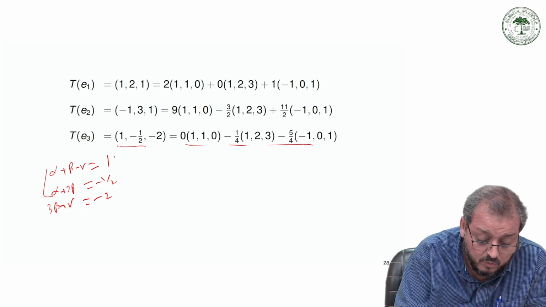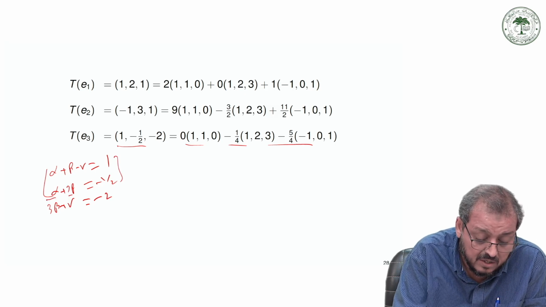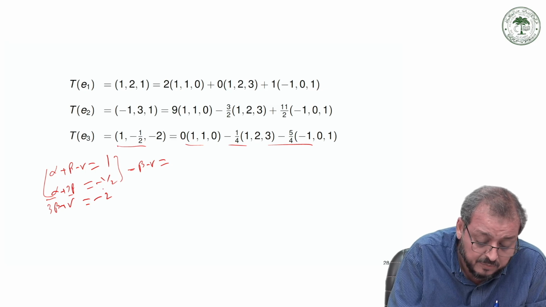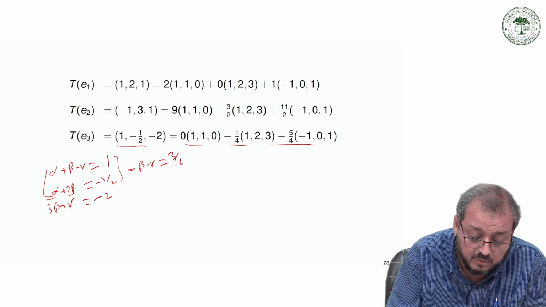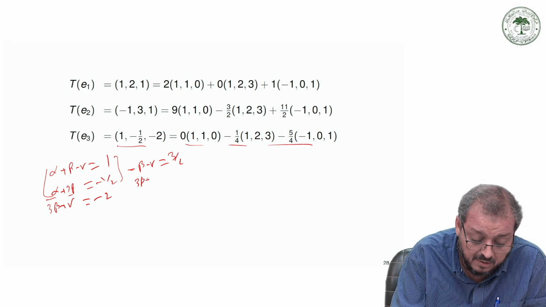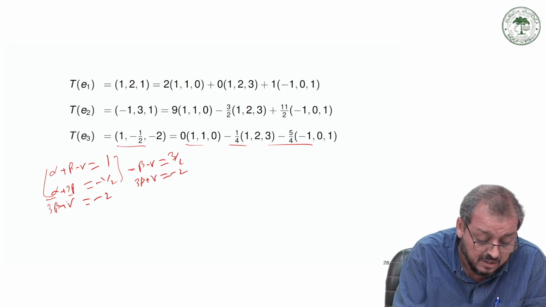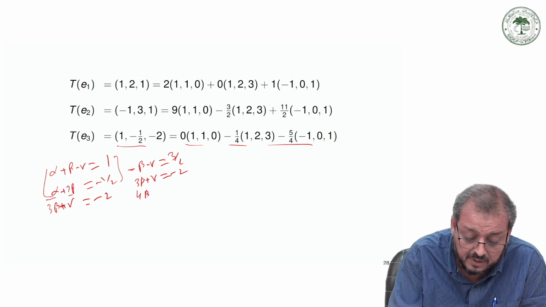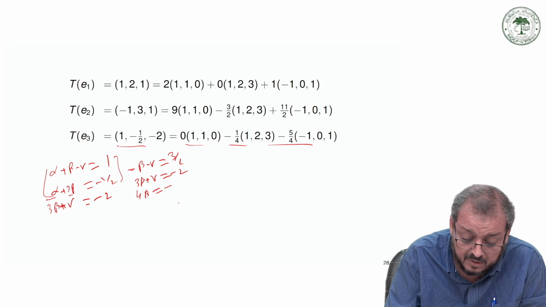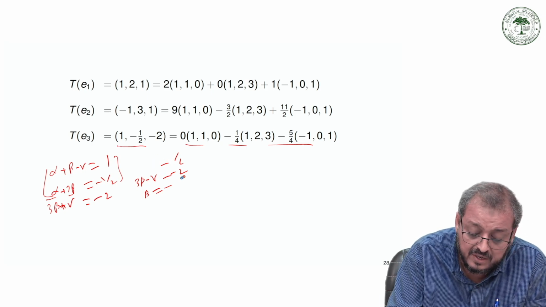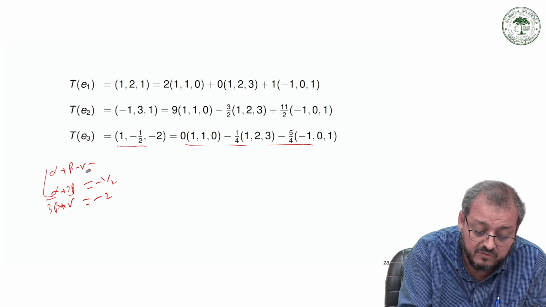Again, by just taking the first two and subtracting, you have α minus β minus γ is equal to... this is plus, so 2 plus 1 is equal to 3 by 2, and then you have 3β plus γ is equal to minus 2. So we can say that this is equal to 4β is equal to 3 by 2 minus 1 by 3, and we simplify this, and you get β is equal to minus 1 by 4,